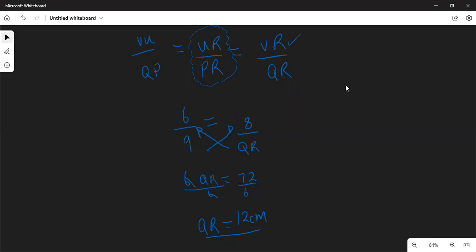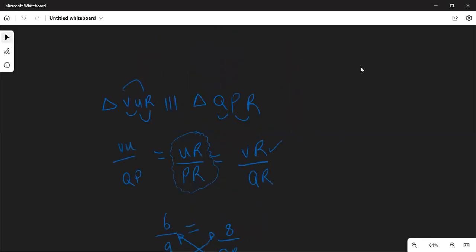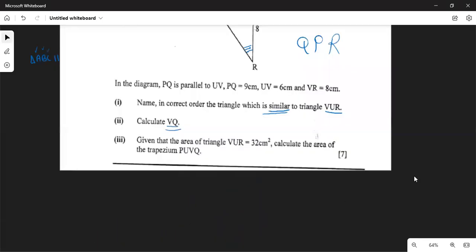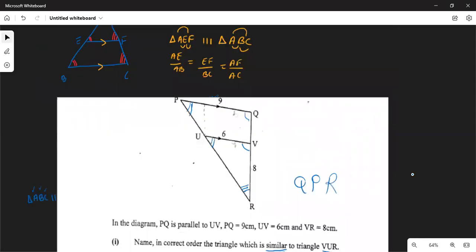All right. So your QR in this case here, the whole of this is 12, from Q here to this point R, the whole of this line. And we have to calculate this part, which is 12 centimeters. So actually it just means this part is 4 centimeters, isn't it? Just like 8 from